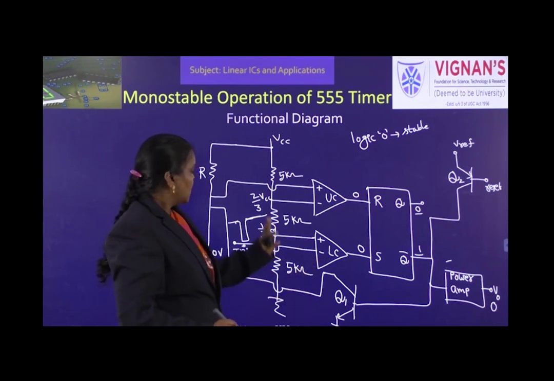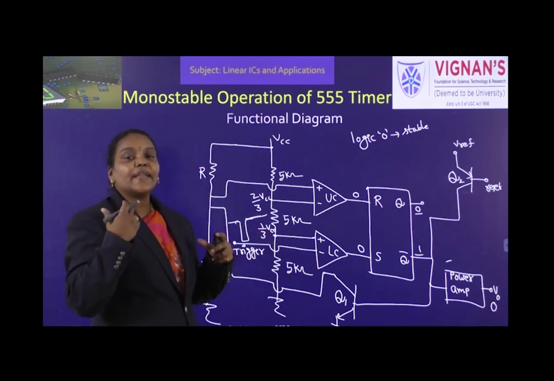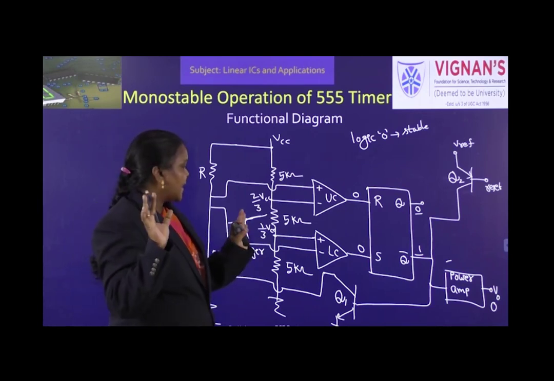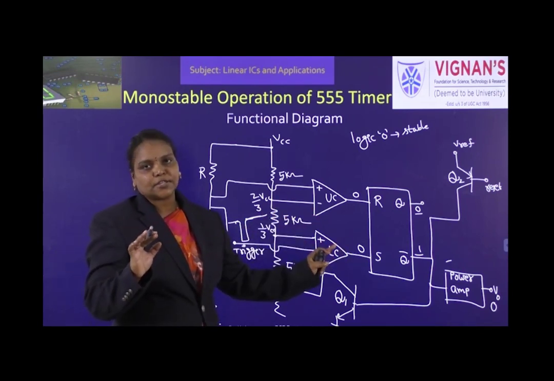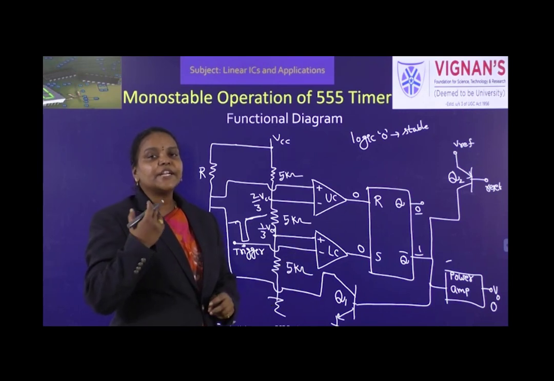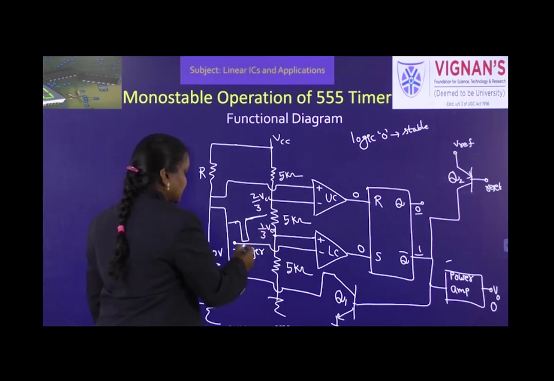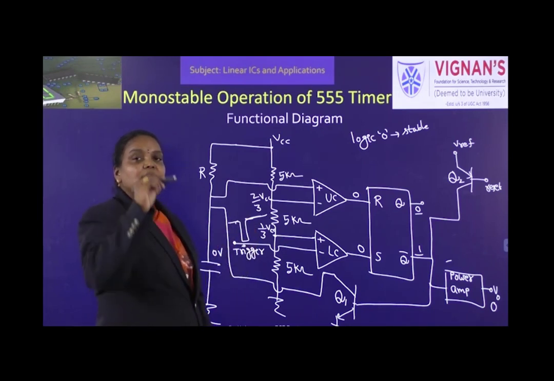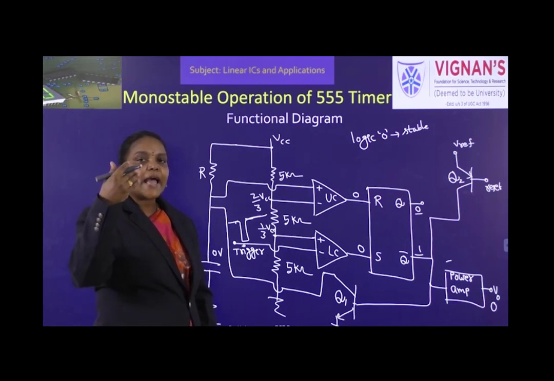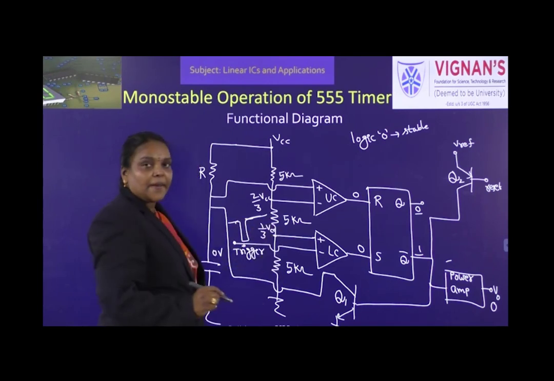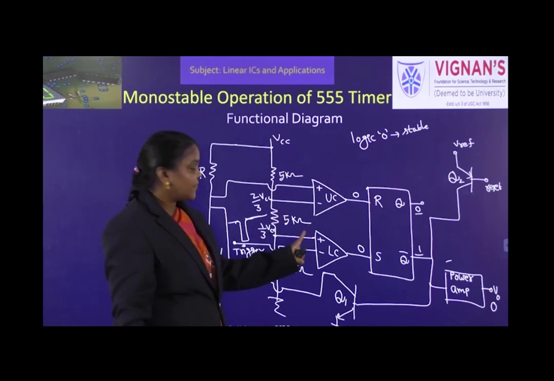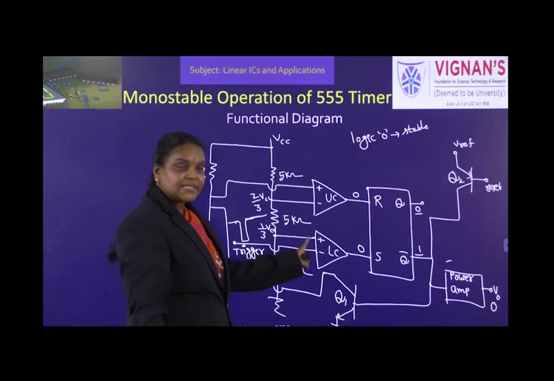Okay. So it will be in that state until you give an external trigger pulse. For any time, for 1 hour, 2 hours or 1 day also the circuit will give us 0 because it is stable state. Now let us assume we are giving a trigger pulse. So at this second pin, it is a negative going trigger pulse. And here the condition is, while it is going negative going, its amplitude should fall below 1/3 VCC. So whenever the amplitude of this trigger pulse falls below 1/3 VCC, what happens? Then plus input dominates.